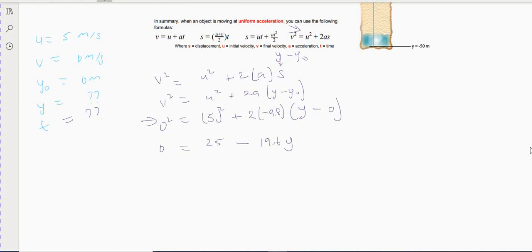All right, if we do a little bit of rearrangement, we get negative 25 on this side equal to negative 19.6 y on this side. By way of division, we can divide both sides by negative 19.6,